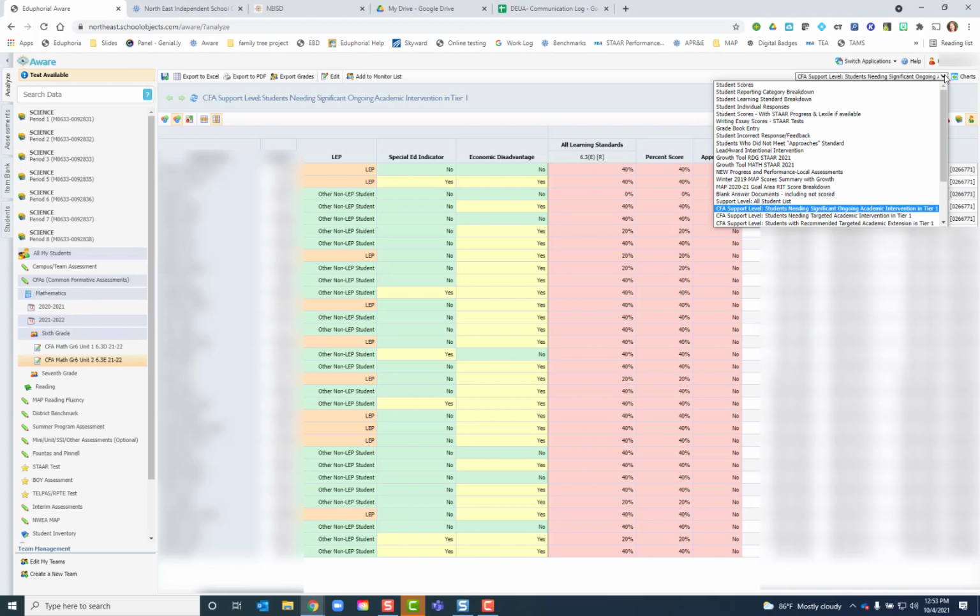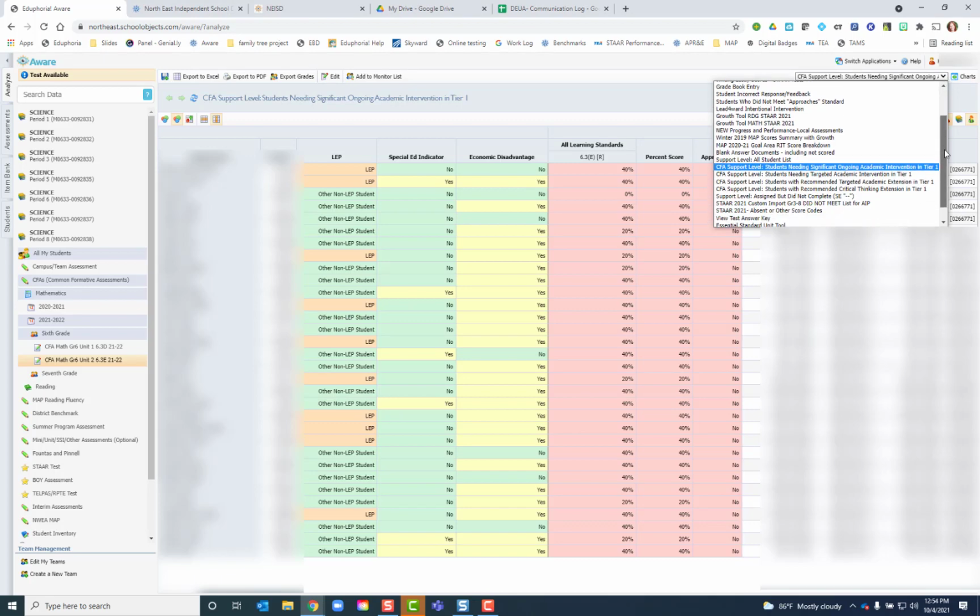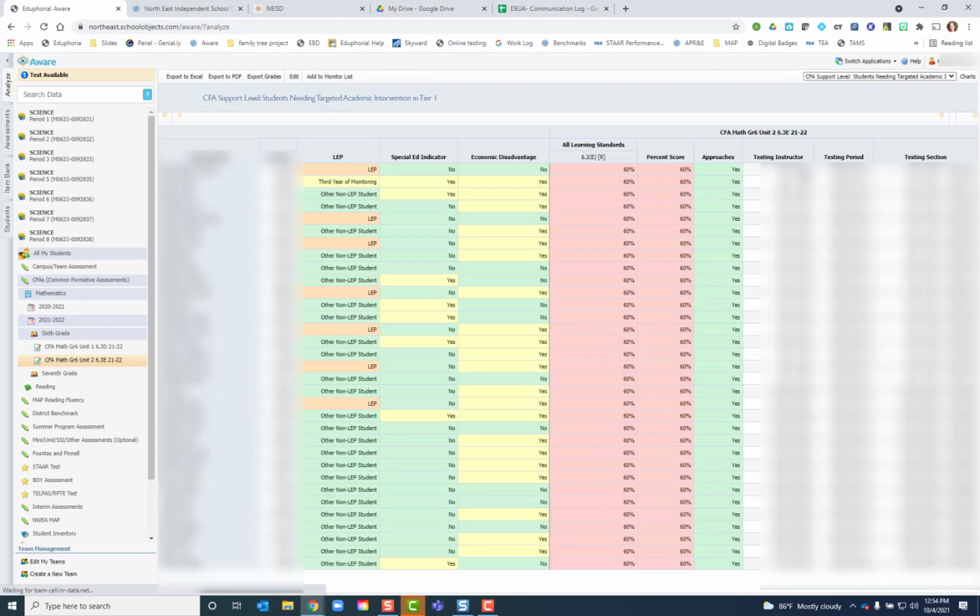Now I have other CFA quick views that I can use. Let's look at students that need targeted academic intervention on this Tier 1 skill. Again, I can sort by the instructor or testing period or testing section. That way I can go ahead and give that information to the teachers, and we can start to make our